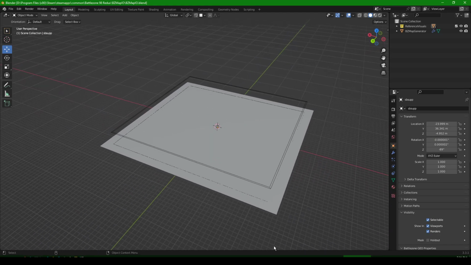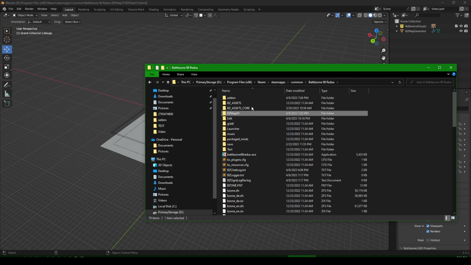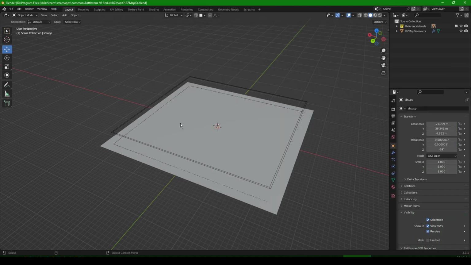Now, this plugin is called BZMapIO. The download link that you're going to find in the YouTube description is going to be a zip file containing these two files. Just dump them anywhere you can get to it. And to install this plugin,